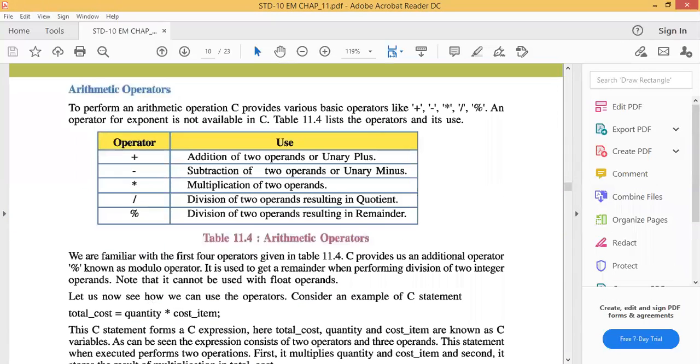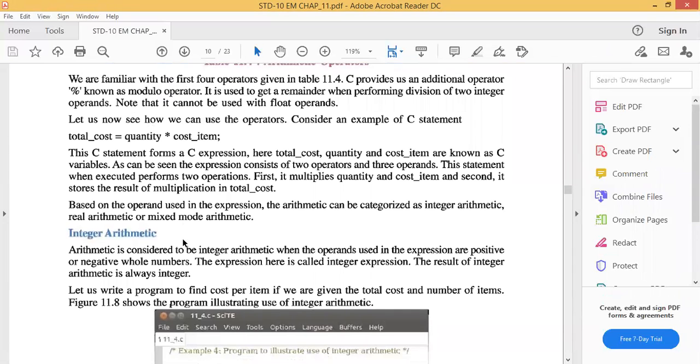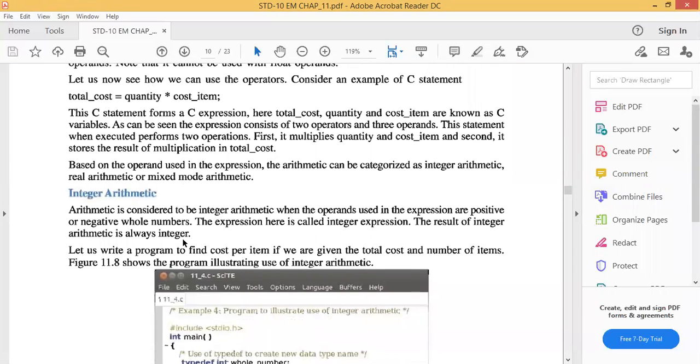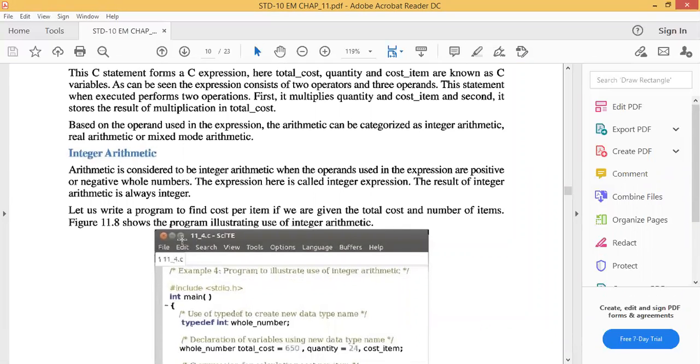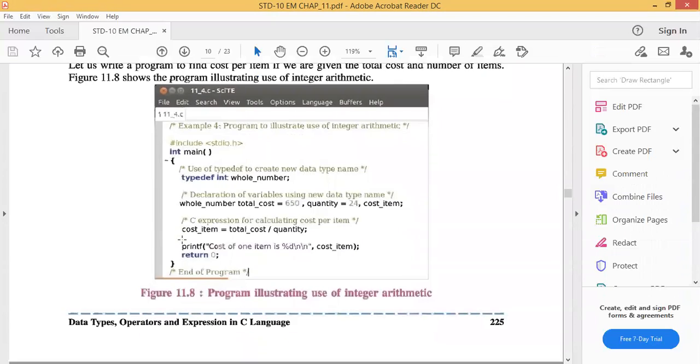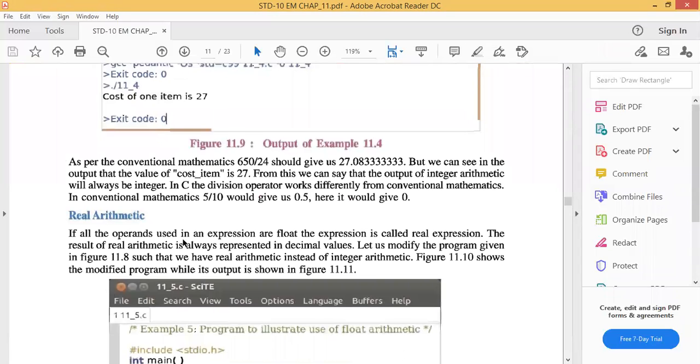See, arithmetic operators, plus, minus, into, division and percentage. So we are familiar with it. So we are now not going deeply into these operators. Integer operator. See, real arithmetic.